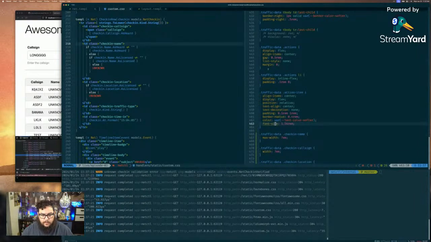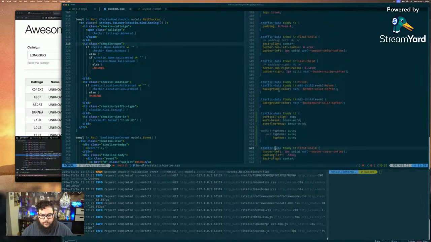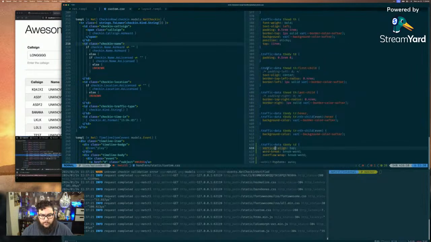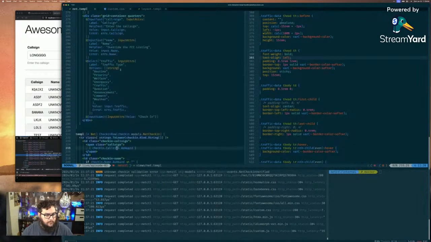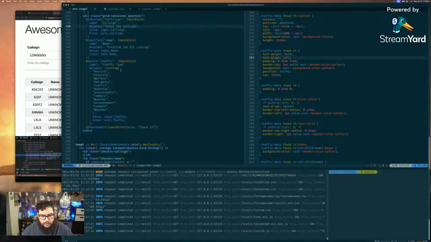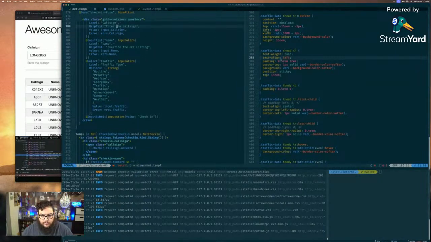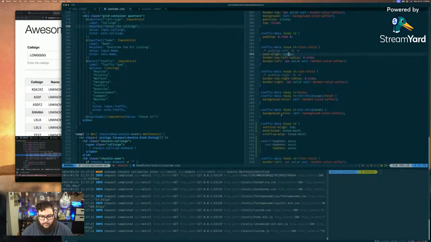Traffic data. We have our headers here. TH text align left. And we have our traffic header, which is defined elsewhere. That's text align left. And the first one is text align center. The other ones are